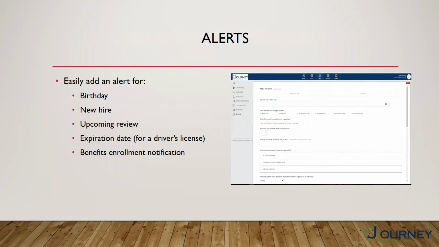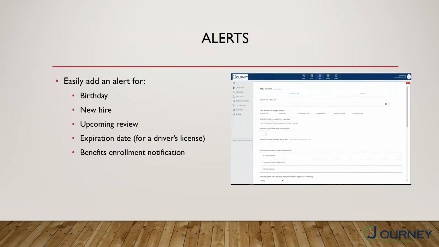But the benefits enrollment notification, I would say, is probably one of the more popular requests that we get in. And I want to be clear that this is not a benefit enrollment portal. It's not a benefit admin portal. It's not something that's going to track all that fun stuff, where they can select, and watch their benefits change when they select things. So it's not a full-blown benefit admin system, but it does serve a great purpose in